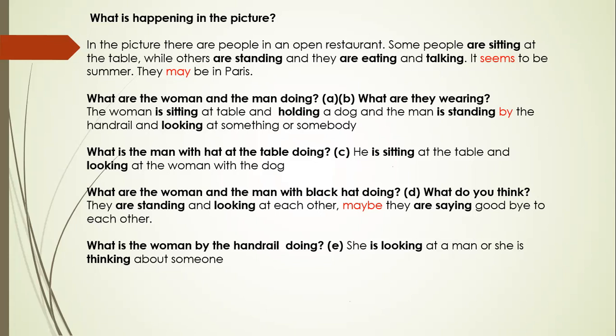¿Qué están haciendo la mujer y el hombre con sombrero negro? ¿Se acuerdan? Los que estaban atrás en la imagen. ¿Qué crees que estén haciendo? Bueno, yo le puse, they are standing and looking at each other. Están parados, obviamente. They are standing. Si ustedes quieren decir están parados, están sentados, también pueden utilizar presente continuo, ¿ok? Like in this case, they are standing and they are looking at each other. Están viéndose uno con el otro. O se están viendo, ¿no?